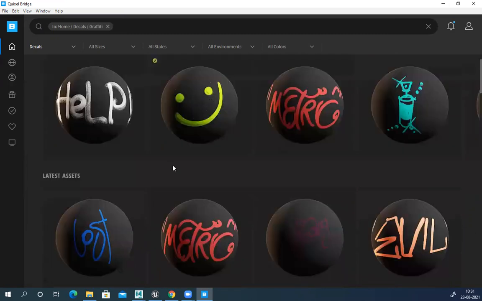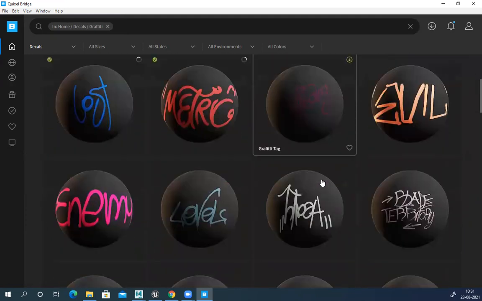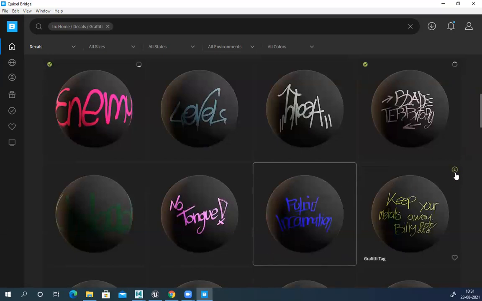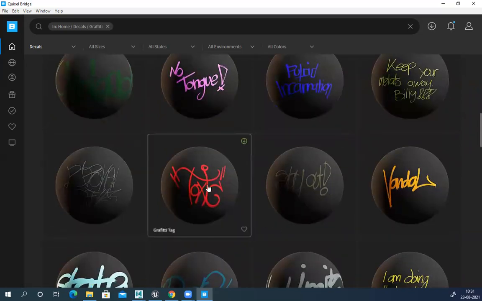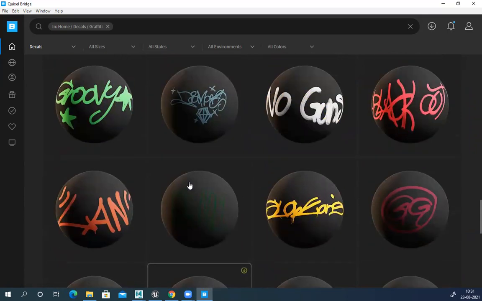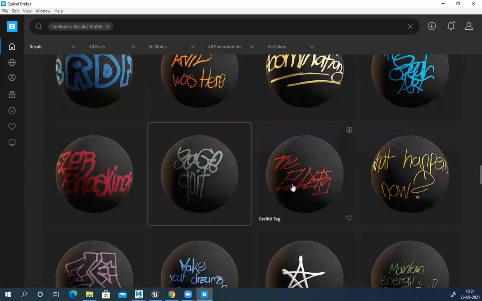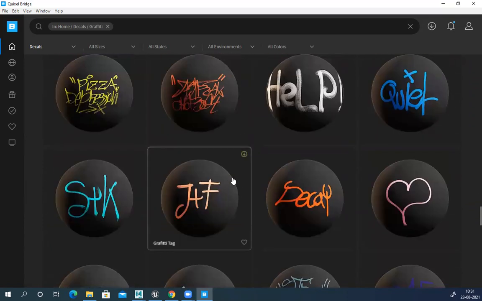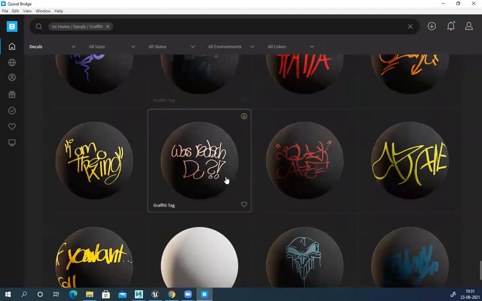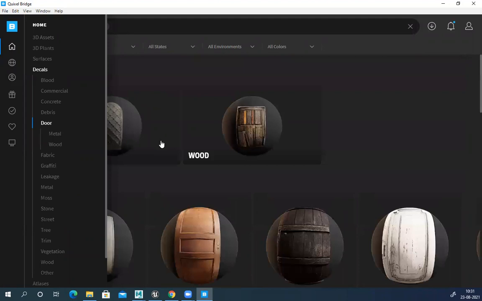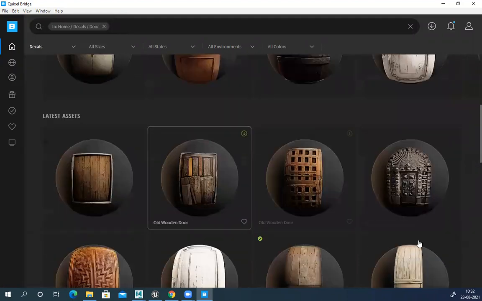Let's use some graffiti, let's make it a little interesting. You can see you have decals of doors also.